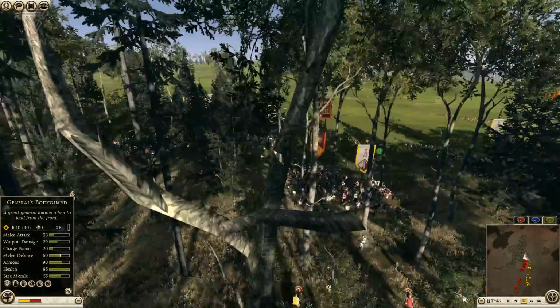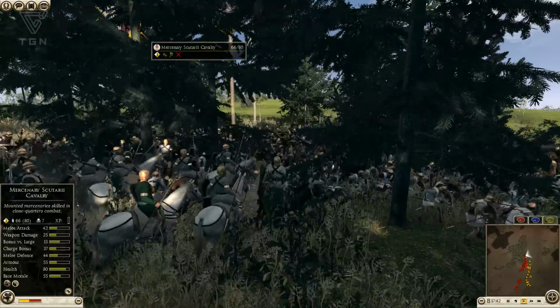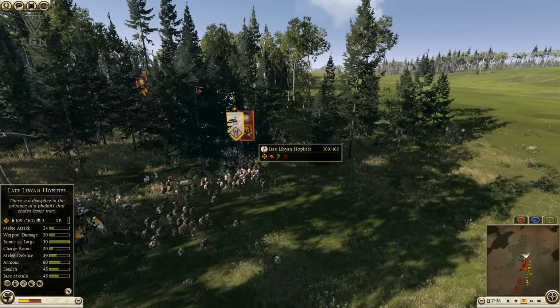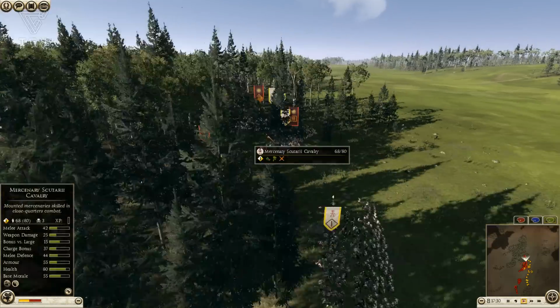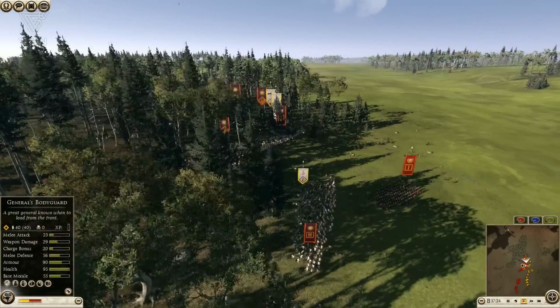And so I was planning on interrupting his charge. I have a mercenary Scutari. Can't bloody see anything over here. Right here, I had this late Libyan hoplites out here that must have taken a pretty hard charge and then gotten engaged by these hoplites. I was going to use this to interfere with his cav charge and then get my Scutari cav into his Thessalians, at which point they probably would have won, but because I botched all this, I've now got a big problem